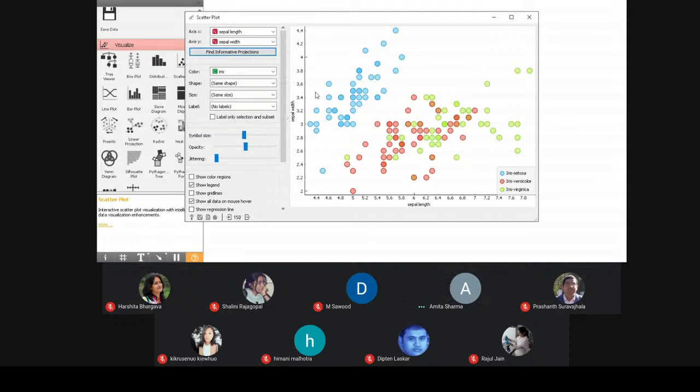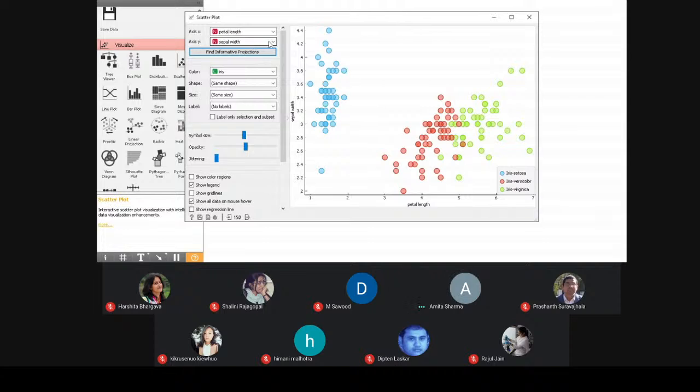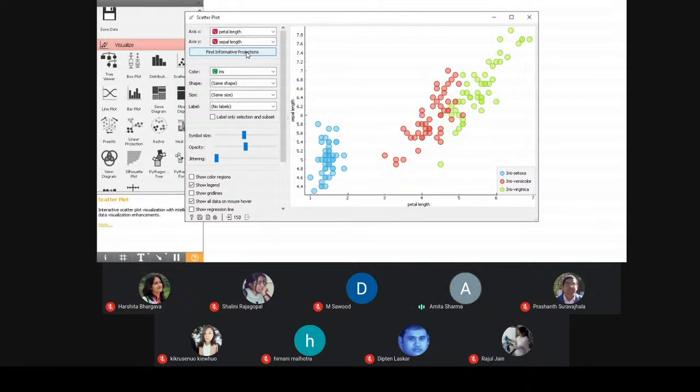At present, this scatter plot is being designed between the petal length and sepal length and sepal width. You can also change the x-axis and y-axis with respect to your choice. For example, I want to plot a scatter plot between the petal length and sepal length. This is the scatter plot.